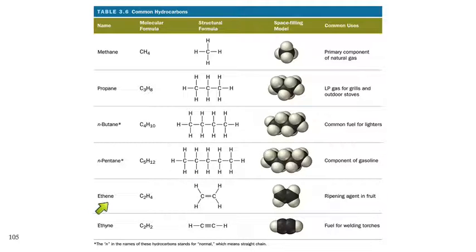So this one is ethene, eth meaning 2 carbons, and the ene tells us there's a double bond. So here since there's only 2 carbons, the double bond must be between those 2 carbons. And then this is only going to have 4 hydrogens because the carbons can only have 4 bonds. There's just no room for more hydrogens. Ethyne, 2 carbons with a triple bond. And these are common uses for these specific different hydrocarbons.